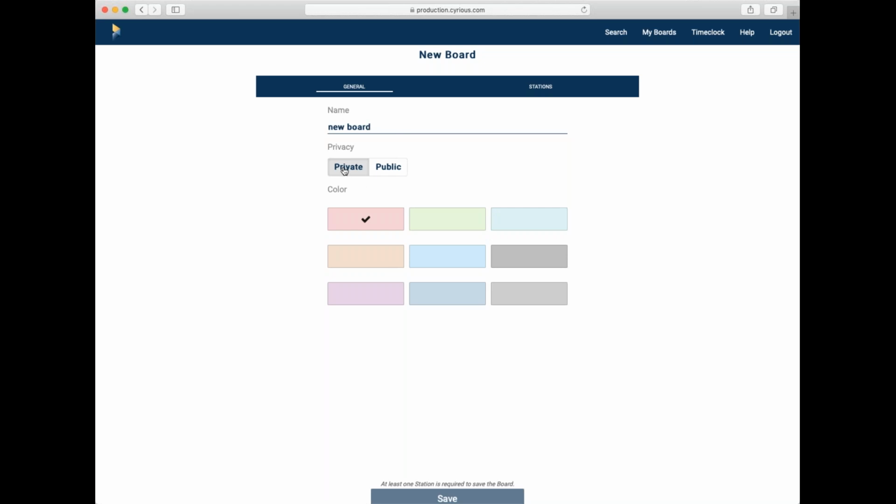You would indicate whether you want that to be a private board that's only visible to you when you're on your login, or whether you want to make it a public job board, which means that anyone else that logs in can see that particular board. Then this is a means of color coding, so to speak, the different job boards that you might be creating. And then after you've given it the name and declared whether it's a private or a public board